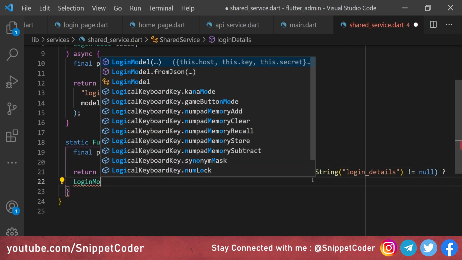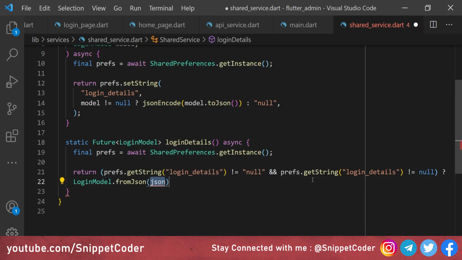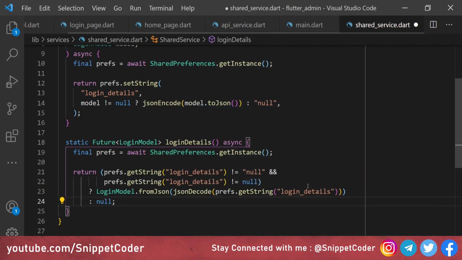Then we are converting our model from JSON and we are doing the decoding part here, and we are picking from preference.getString and passing login_details, and here we are doing jsonDecode. In the else condition we are passing null.